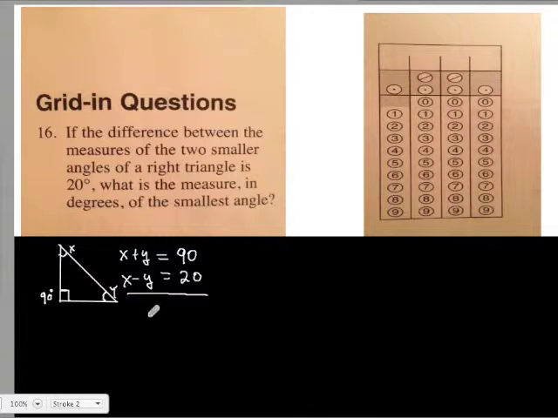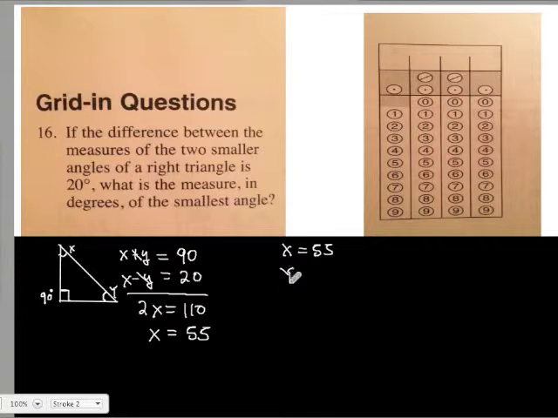We can use either elimination method or substitution method to solve for x and y. I'm going to use the elimination method. So if I combine the two equations, I end up with 2x is equal to 110. So x must be equal to 55. So if x is 55